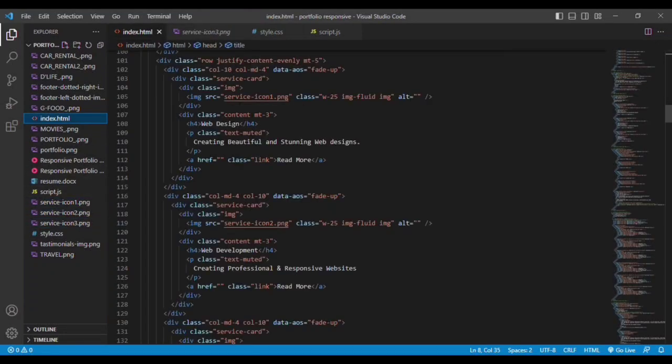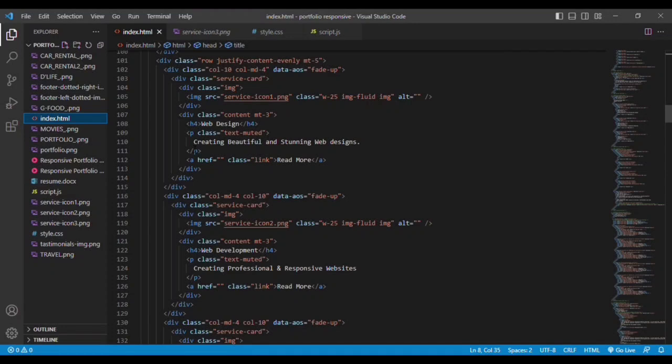So here we have the name of the service in h4. There are a total of 6 heading tags, h1, h2, h3, h4, h5, h6, and based on the order, the font size will be reducing. h1 is the largest one, h6 is the smallest one, so we are using h4, that is medium, and